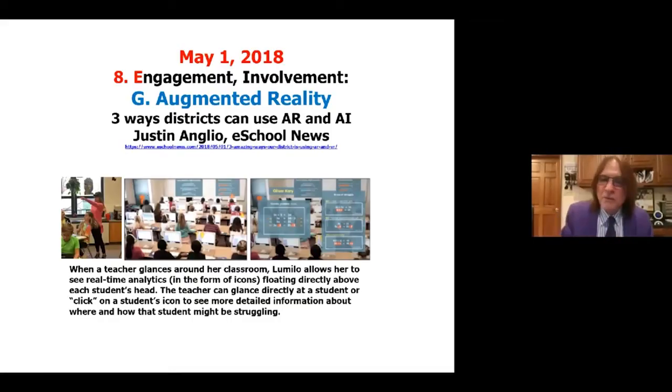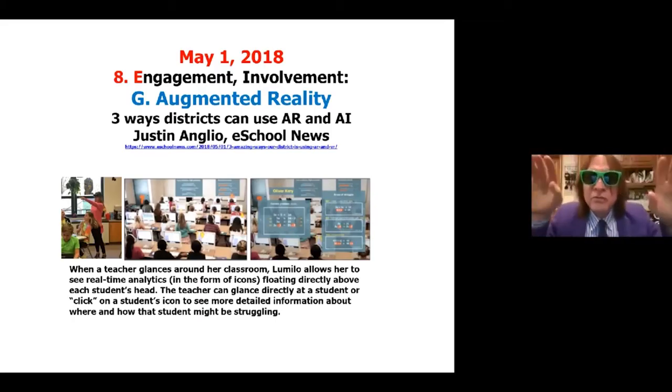Number 8 also gets at augmented reality. A really cool tool that I saw last year was where a teacher puts the glasses on. I didn't bring my augmented reality glasses, but I brought some other ones with me. So you put these augmented reality glasses on and you look over the top of the students' heads. As you look over the top of their heads, you see what problems they got right and what problems they got wrong, so you can go talk to the students and help the ones who are having problems. These augmented reality glasses let you directly support your students. So this is coming. This is a new way to teach, okay?